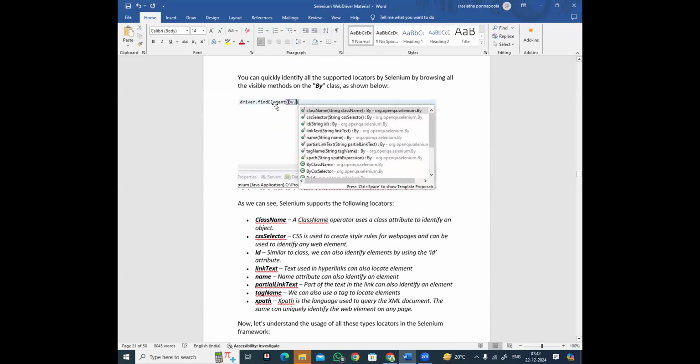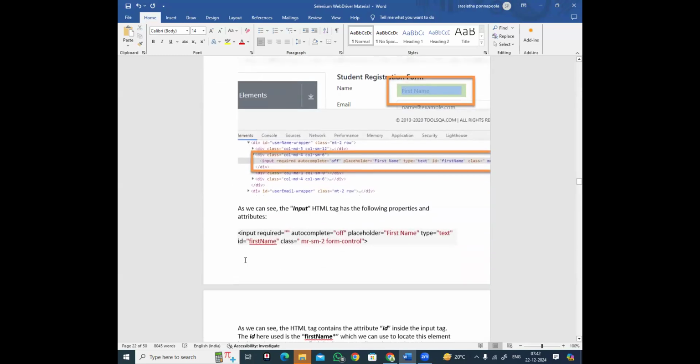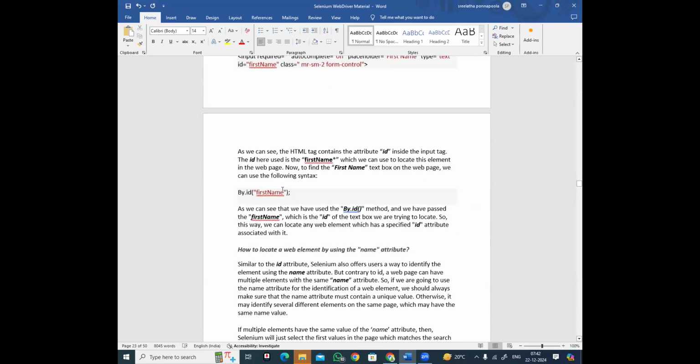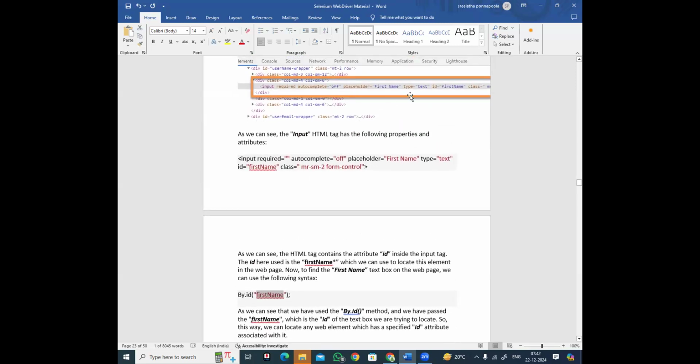So the driver object dot find element method, and inside the find element method you need to use the By class dot the corresponding locator methods. Here they are giving directly how we can use the By id locator method: By dot id of first name. This first name is the value of the id attribute in the HTML